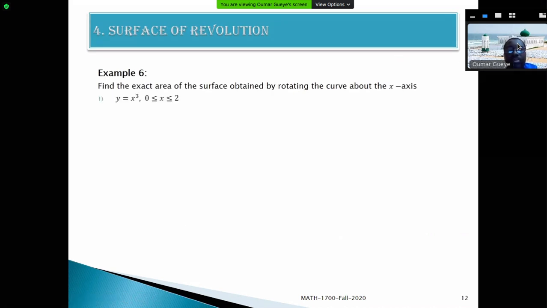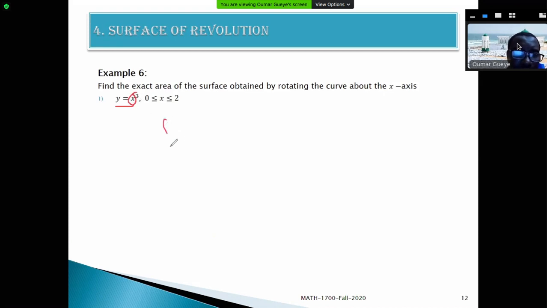All right, so for the next example, we want to rotate the curve y equal to x cubed when x is between 0 and 2. It means we rotate the portion of the curve where x is between 0 and 2, and the axis of rotation is the x-axis. So how do we know which formula to use? You can see that since your function is in terms of x,